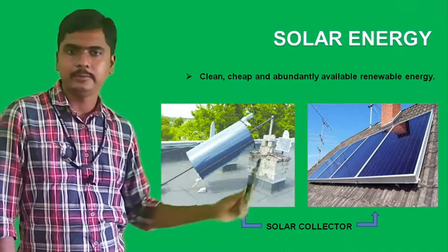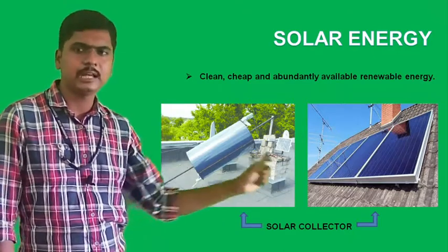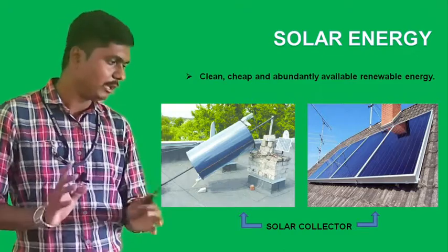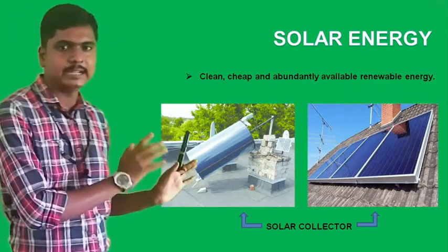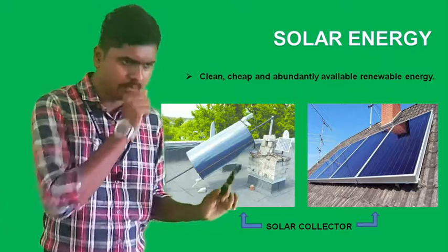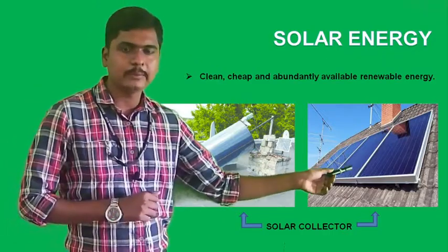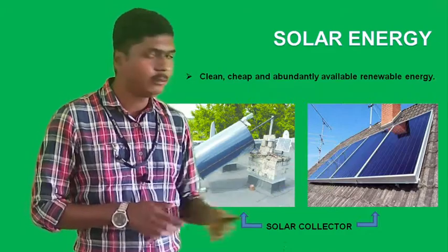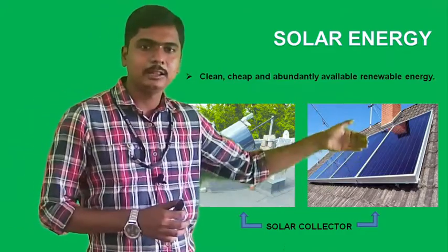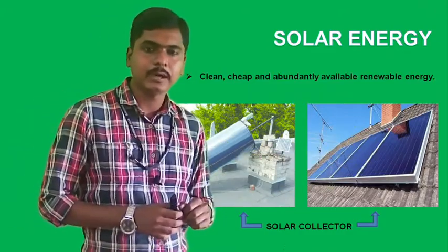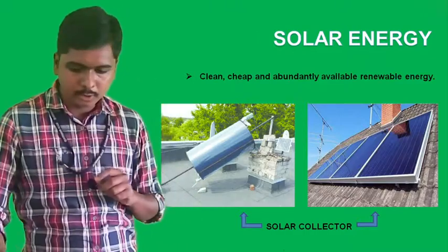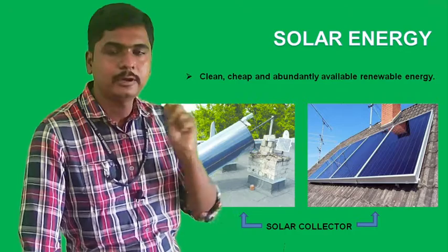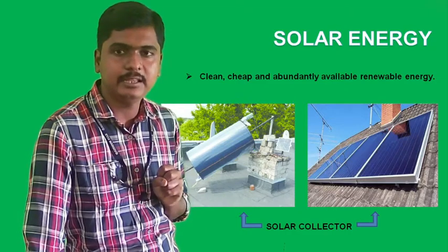Both are having some domestic uses and both are having their own advantage and disadvantage. So in detail we are not going to explain regarding this. Normally I will tell you briefly. What happens in a solar collector? On the top surface some black color paint will be there. Why? Because in heat transfer we know a black body is a good absorber of heat and radiation.